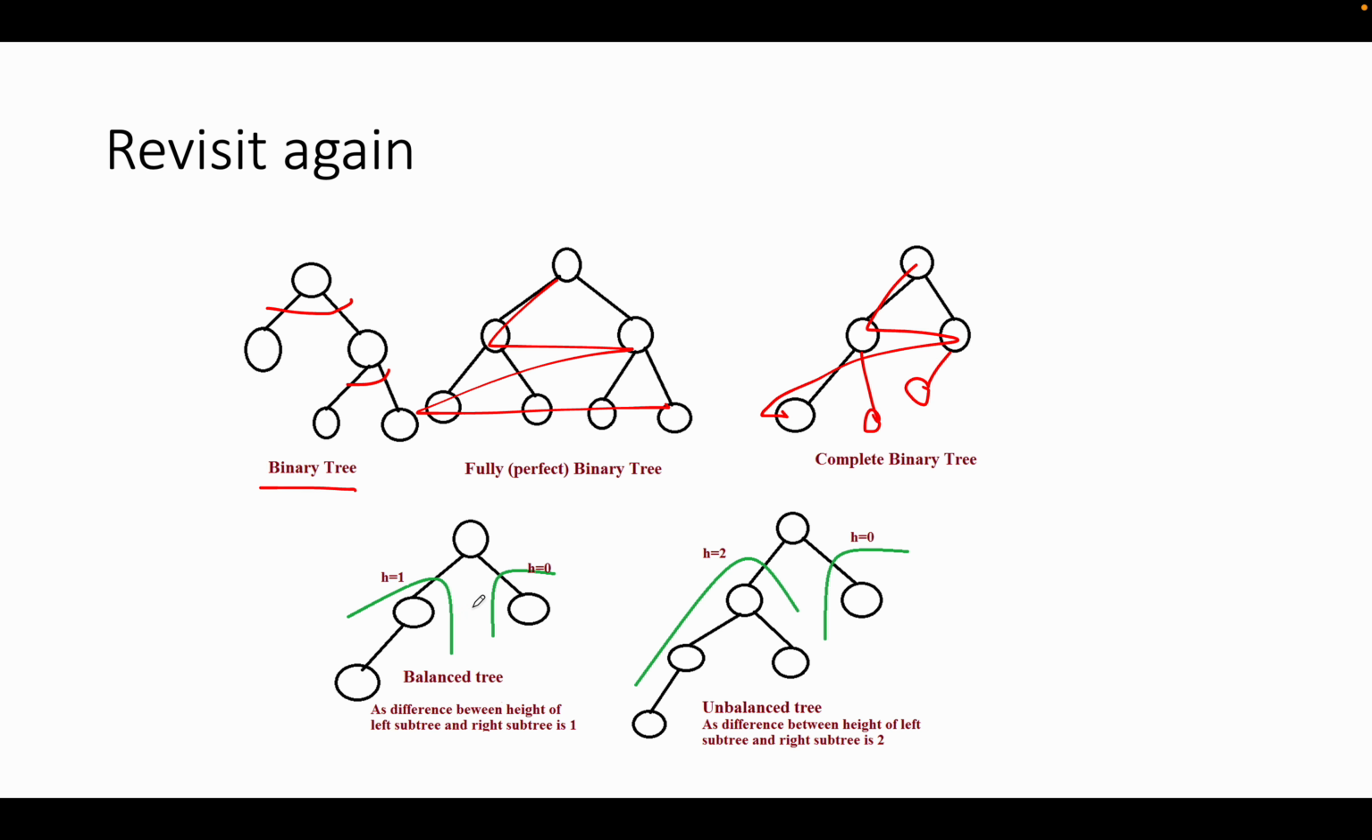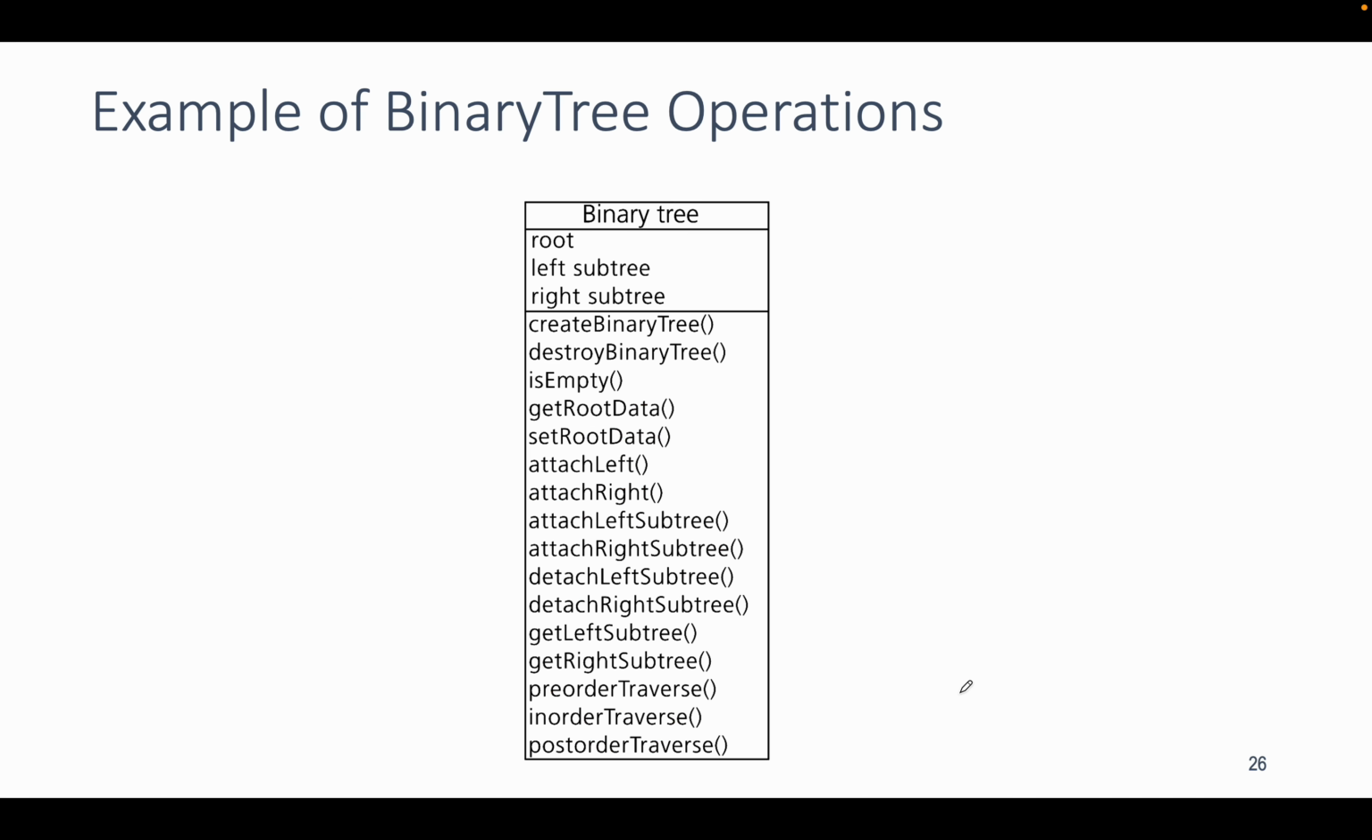Okay, balance is the height of the left subtree and the right subtree. Here, 1 and 0, so it will be 1 minus 0. Put the absolute, it is still less than or equal to 1, so that is balanced. If it's imbalanced, so absolute 2 minus 0, it is equal to 2, then it is imbalanced. Okay,